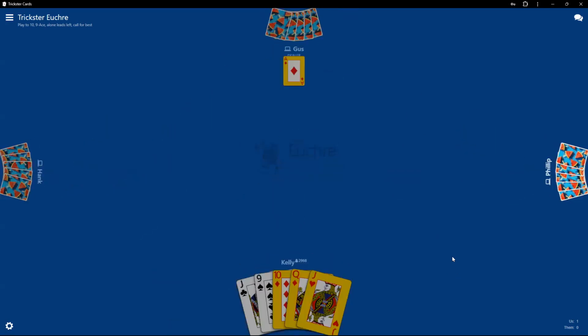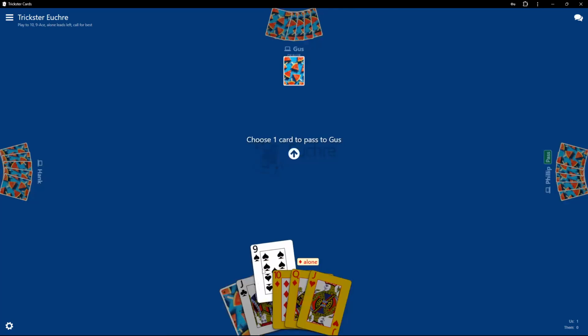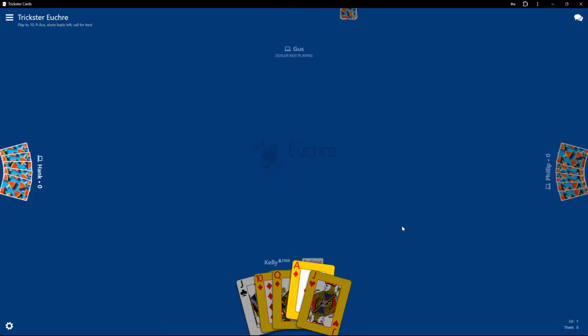Wow. Okay, so definitely going to make diamonds alone. Now, I didn't deal it, right? So I can't get rid of two cards, but I am going to get that ace, or maybe my partner has the jack. So I'm going to go hearts alone. Going to definitely get rid of this nine. I'd love to get rid of that jack, but I can't because I didn't deal. They gave me the ace, so that's kind of nice.